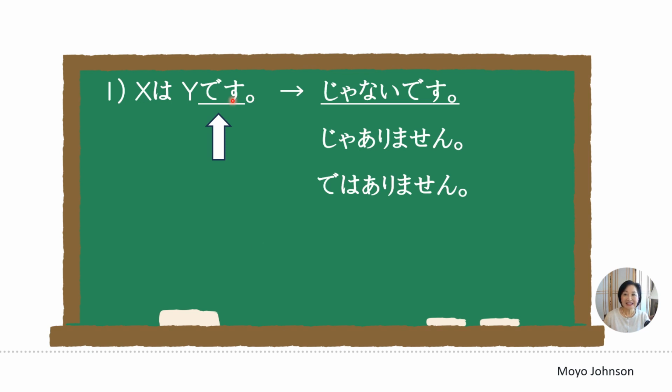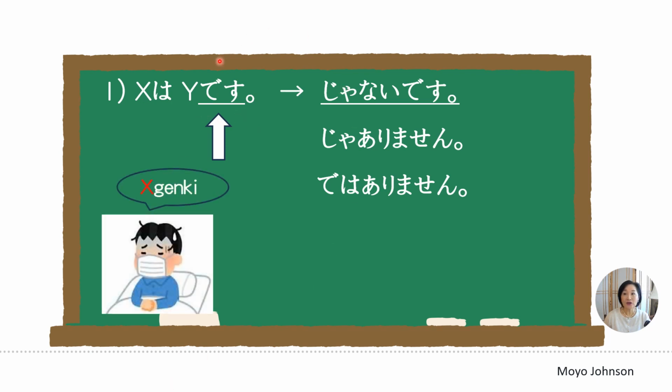We studied this sentence in my previous lesson. X は Y です, which is an affirmative statement. For you to change this statement into negatives, all you need to do is to change this part to じゃないです. Now, there are three ways to change to negative statement. You can say ですto じゃないです